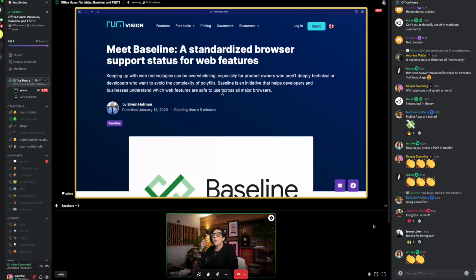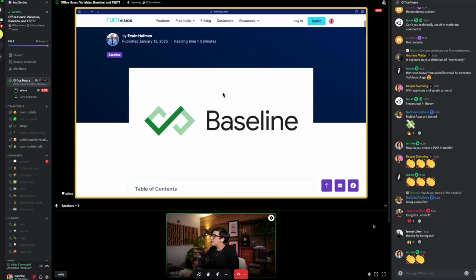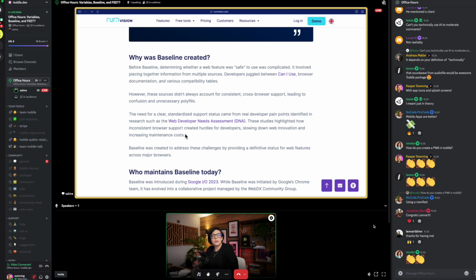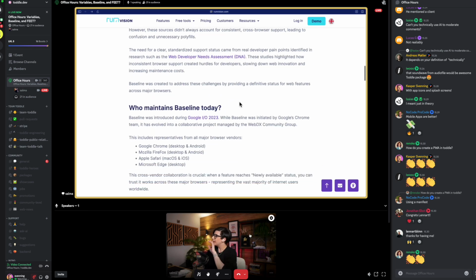And it's about understanding what web features are safe to use across all major browsers. So it aims to bring clarity to information about browser support. And it was created really to solve the problems that I was just talking about. Unnecessary polyfills is what we want to avoid. Before, we would have to go back and forth between lots of different websites to understand what's usable. MDN would have their own compatibility table. Then you might want to go to Can I Use, which might be up to date, might be out of date. And sometimes some of the things on Can I Use might not be on MDN. And it was all a bit of a mess. So